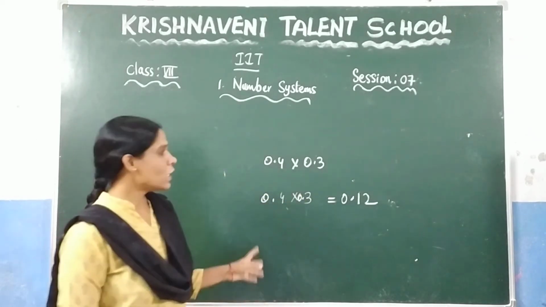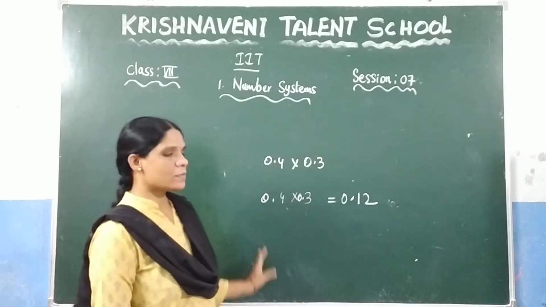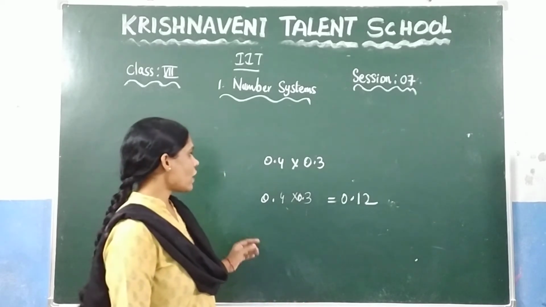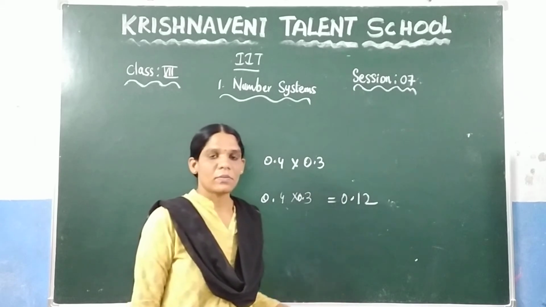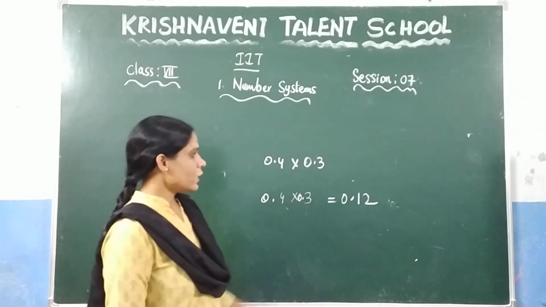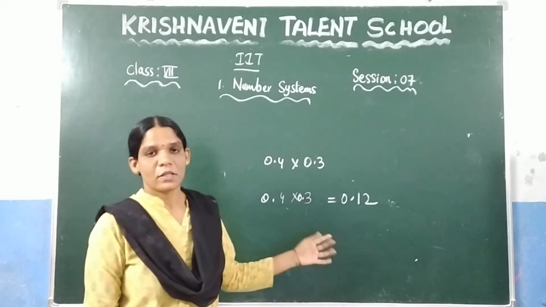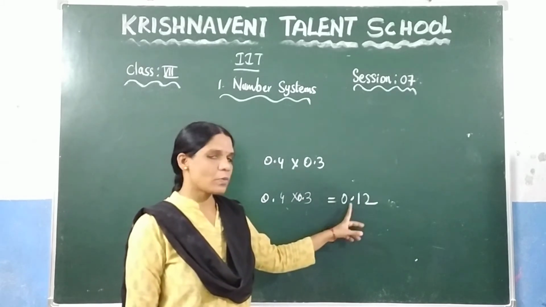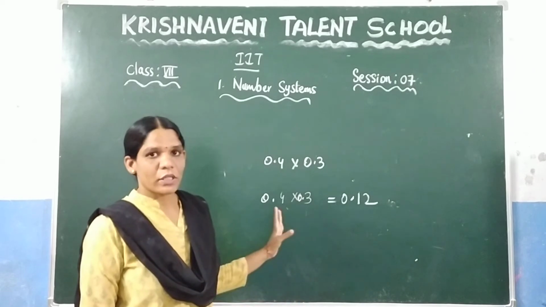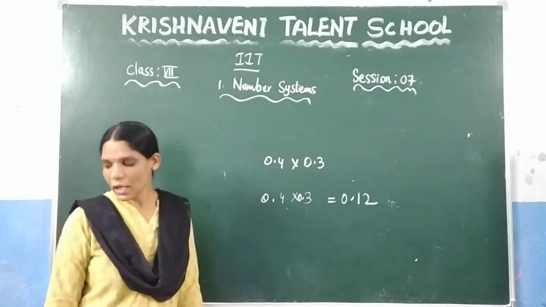How to multiply two decimal numbers? Leave the decimal point and write the numbers and find the product of those numbers, and after that check in the given decimal numbers after the decimal point how many numbers are there, and in the answer just go from the right and count that many numbers to the left, so that you keep the decimal point and you will get the answer. Like this you can do, or otherwise you can write this one in the form of a fraction, and like that also you can do.